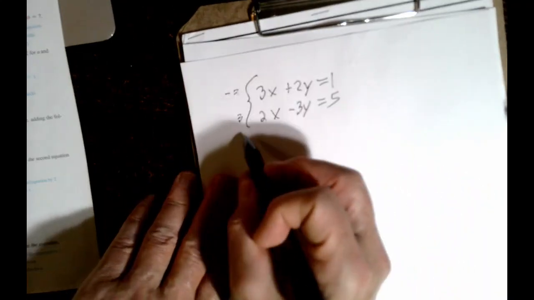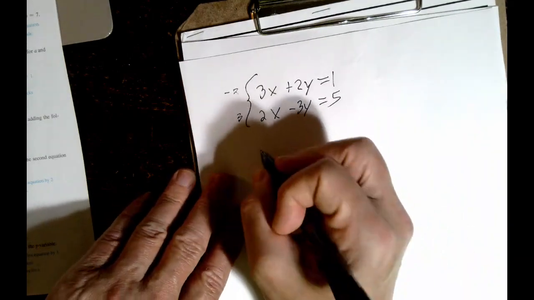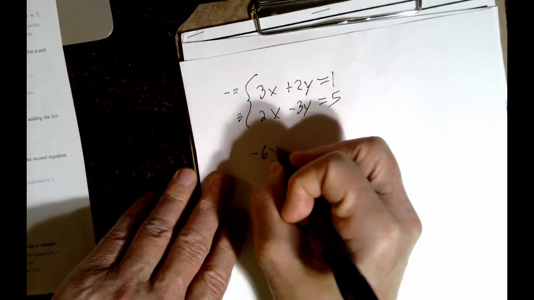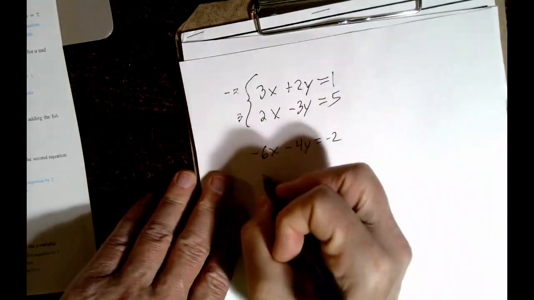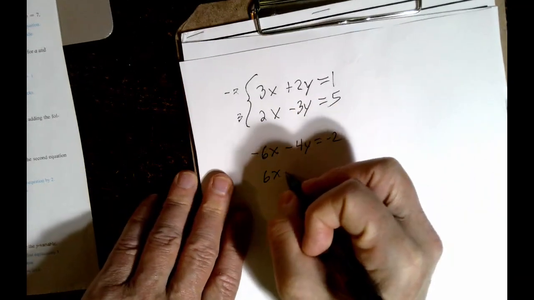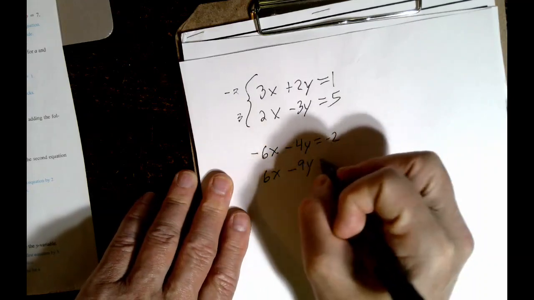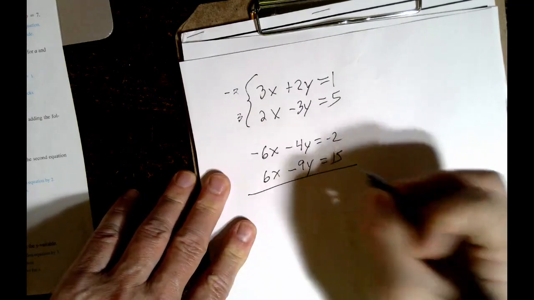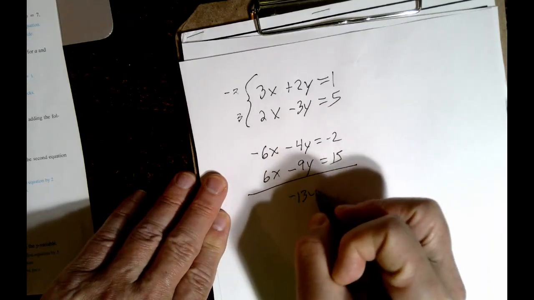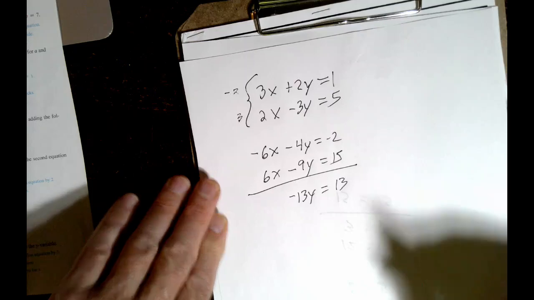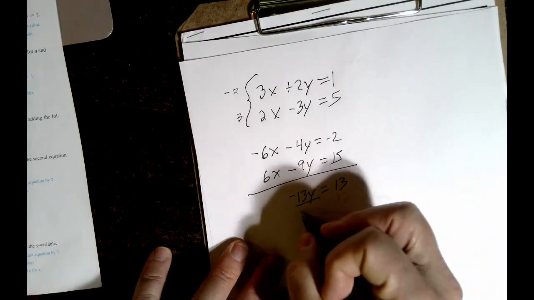So now you're going to get minus 6x and plus 6x. And that gives you minus 6x minus 4y equals minus 2, and positive 6x minus 9y equals 15. And now when you add them, your x's go away and you get minus 13y equals positive 13. Divide by minus 13,